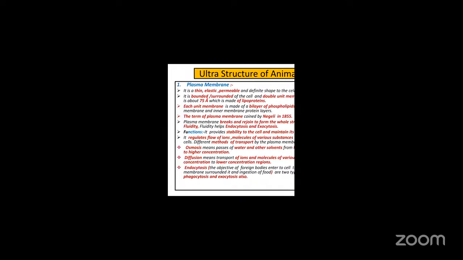Now the objective of the foreign body is to enter the cell, then form the plasma membrane surround. Okay. Now endocytosis has two types, namely pinocytosis and phagocytosis, and then there is also exocytosis. So here, what do you mean by pinocytosis? Pinocytosis is nothing but what is called cell drinking. Cell drinking in the sense, like suppose